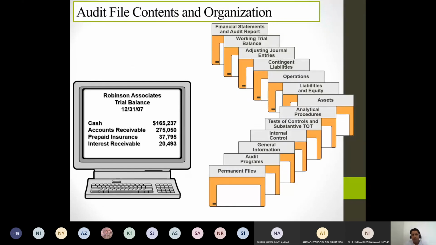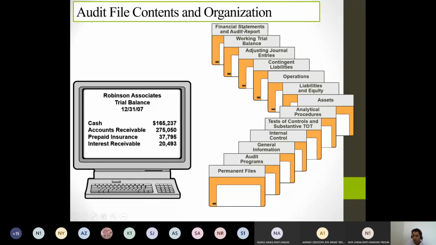We also will have financial statement and report as in these files: working trial balance, adjusting journal entries, contingent liabilities, operations, liabilities and equity assets, analytical procedures, test of control and substantive test, internal control, general information, audit program, and permanent file. So this is all general, but if you notice, permanent file, audit program, general information, internal control, and test of control, all of these are on one side in the permanent file,